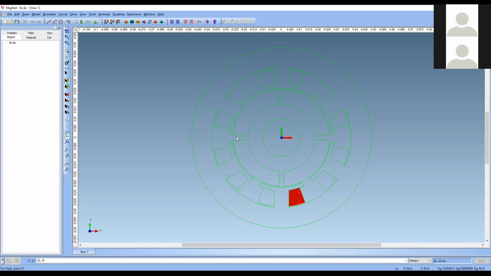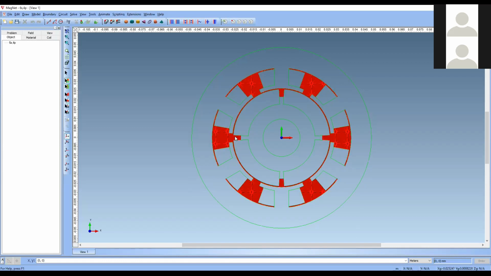And this is your air gap, you can say. As I said in the morning, I have kept only 0.5 mm of air gap here. The air gap should be minimum to reduce the leakage flux linkage. So this portion should be a maximum of 0.5. It should be minimum.